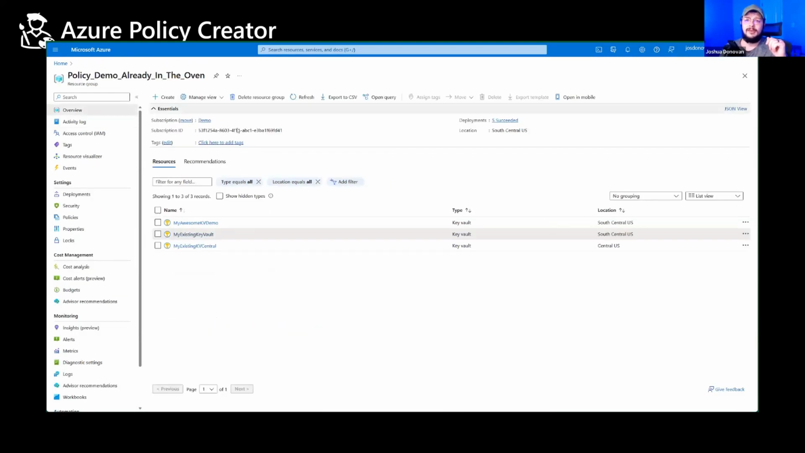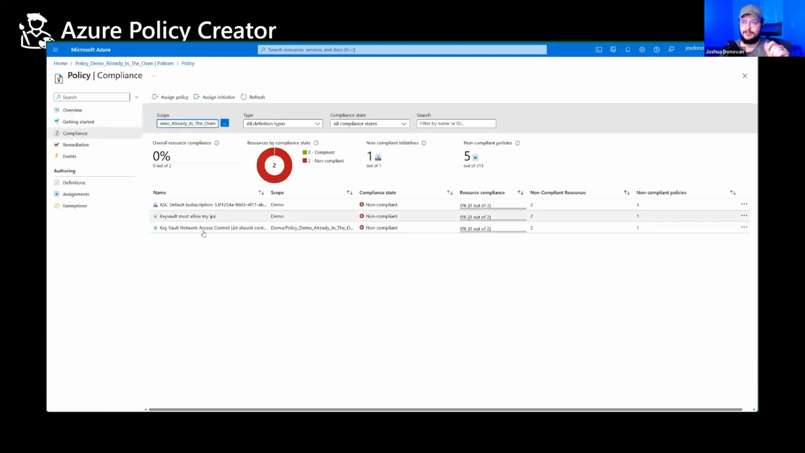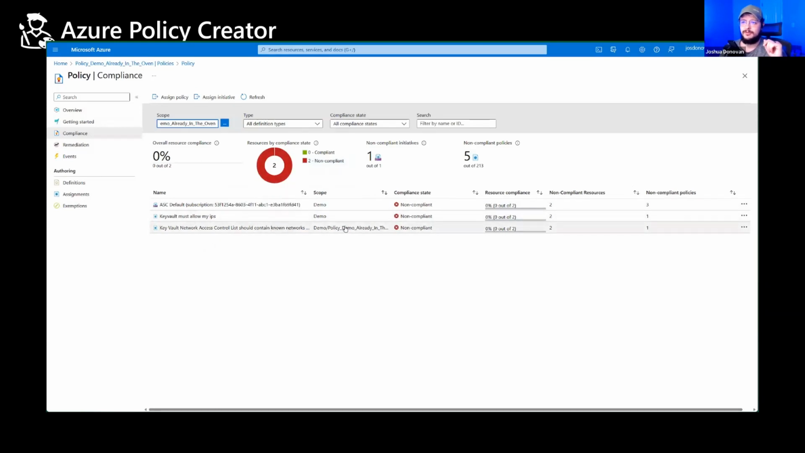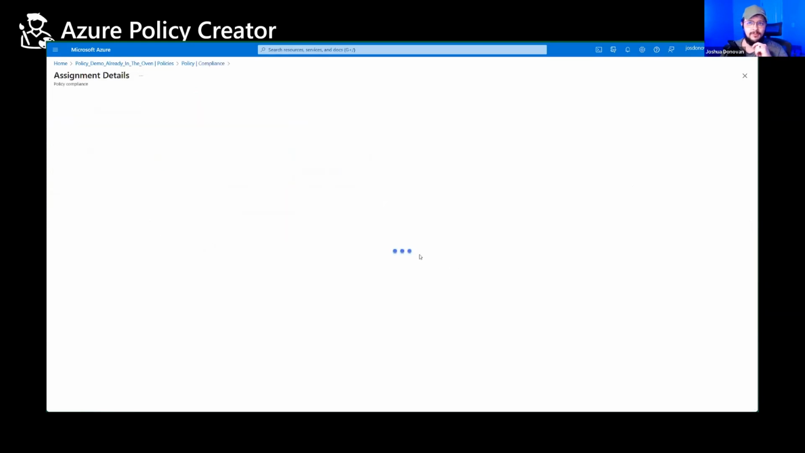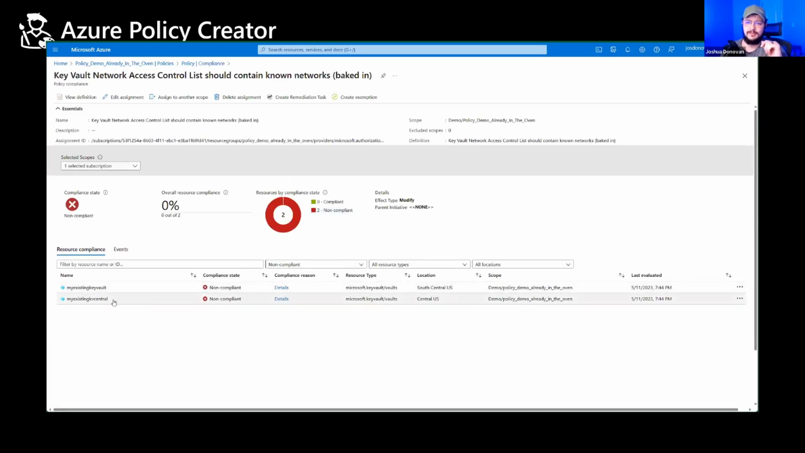So if we come back out, there's a nice link here on every resource group that you can jump directly into the policies for, and it'll also be scoped into that resource group. So it's a really easy way to take a look at the compliance dashboard. But we can see here on our compliance dashboard, if I select our demo policy here, the baked in one, we can see that we have two